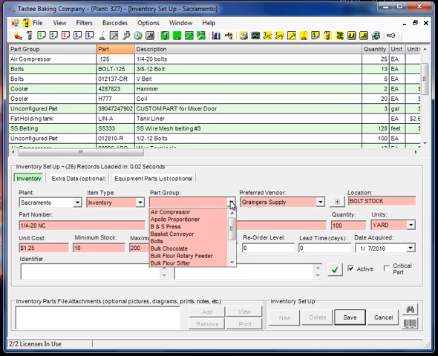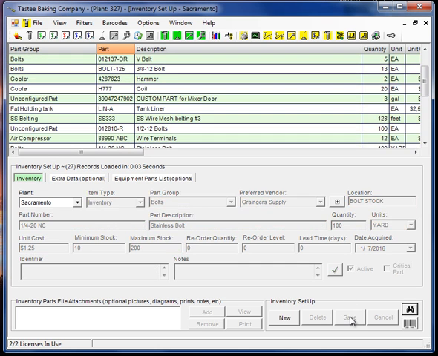Okay, I need to pick the part group still. Alright, so there we go. So it makes it a little bit quicker to add the parts. So that's basically how to add a part,